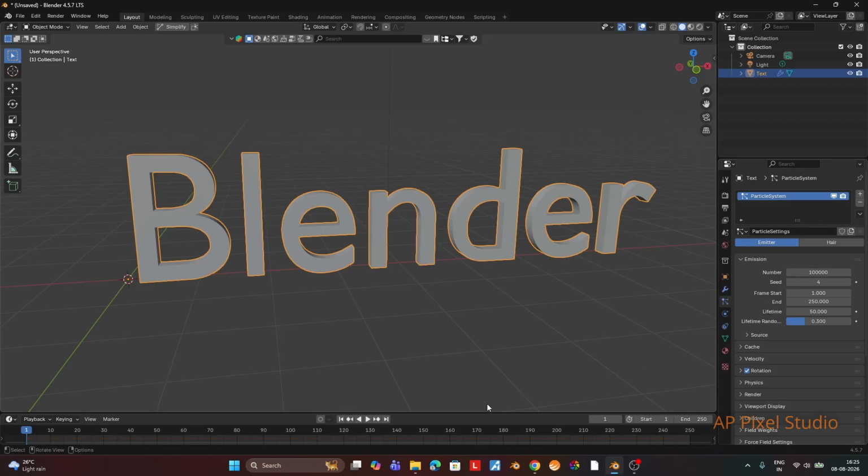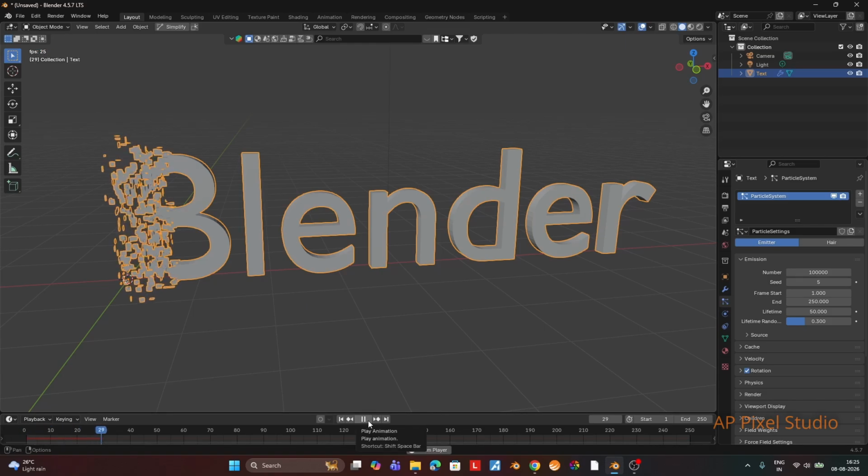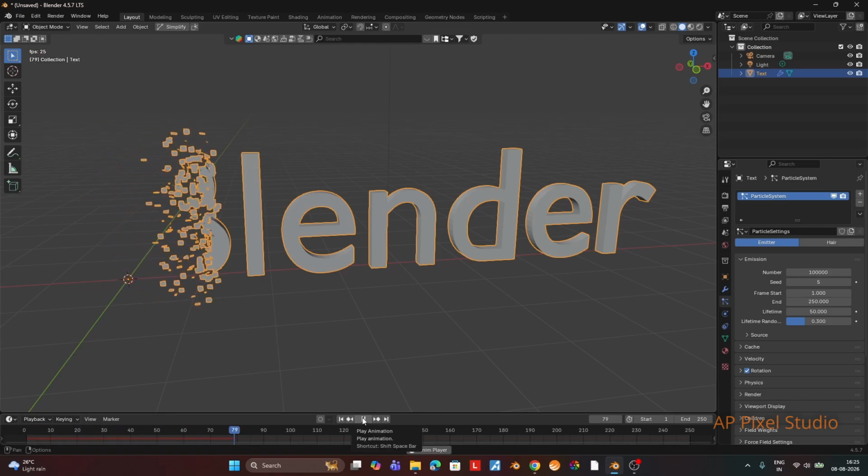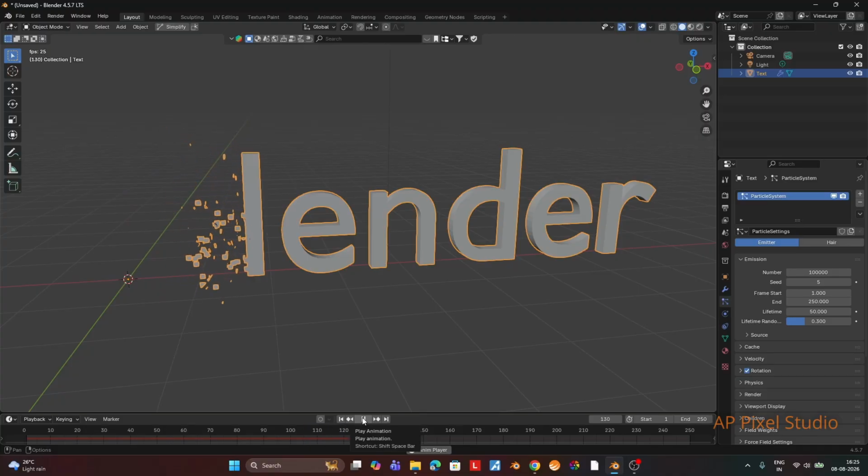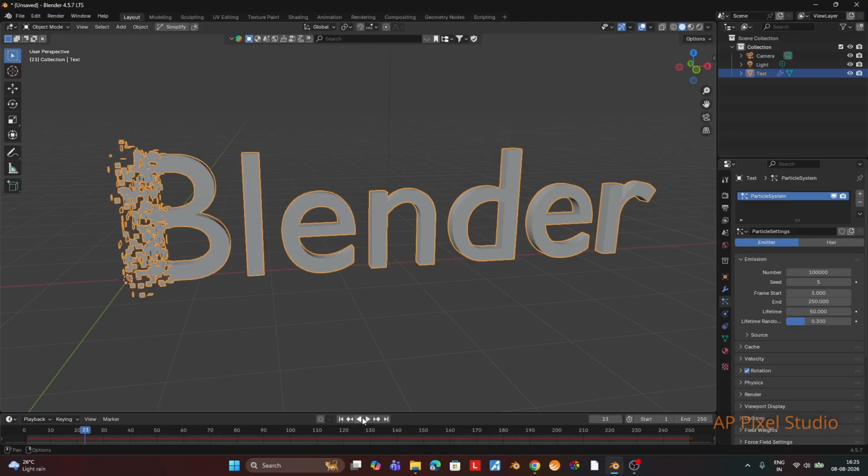So we'll just double it, around 1 lakh, change the seed, and if we see, the particles are a little bit smaller than earlier. If we just full play it, you see the particles are starting initially, but it's confined to a particular space. It's not going down, up, or sideways, and it's rotating at its own place. And according to the lifetime, it's getting deleted.